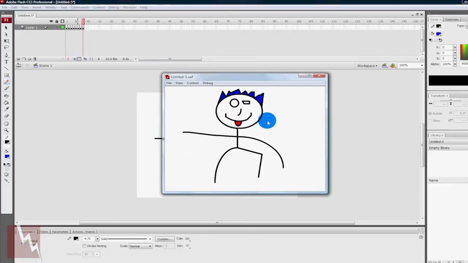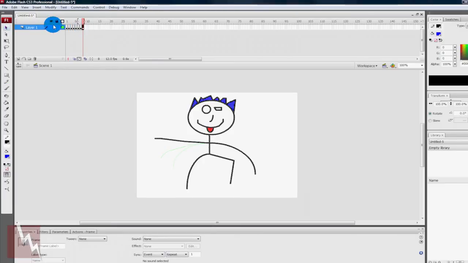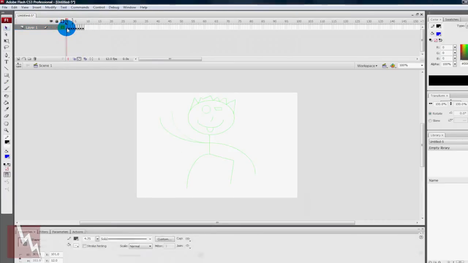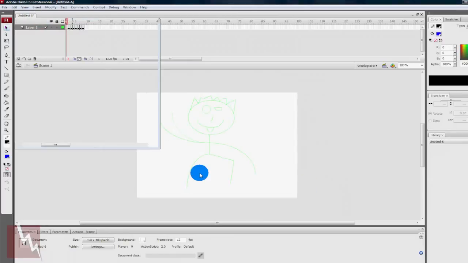So basically with frame-by-frame animation, you're animating each individual frame or just having a bunch of different pictures which look slightly different each to create the illusion that something is moving. With motion tween, the object will actually be moving. So I'm going to show you how to do that right now. I'm just going to delete everything and start new. So I'm just going to delete all my keyframes. I'll just create a new file, ActionScript 2.0, and I'm just going to show you,